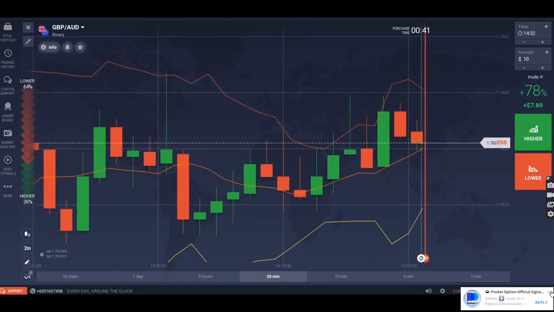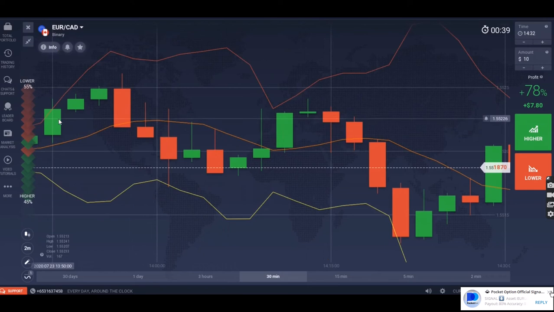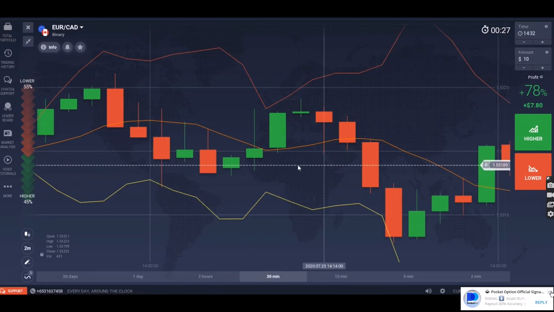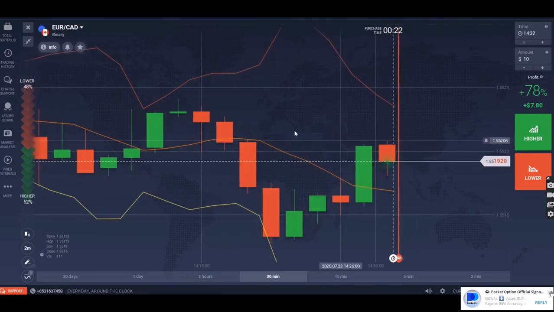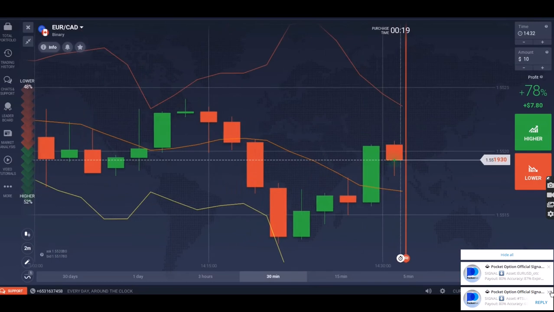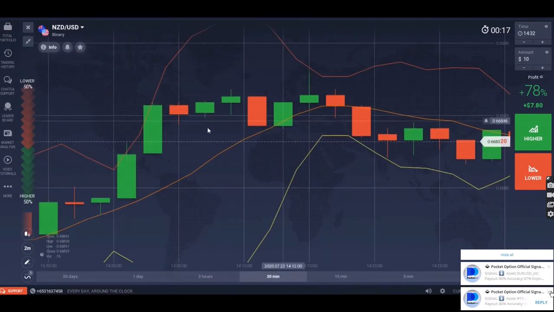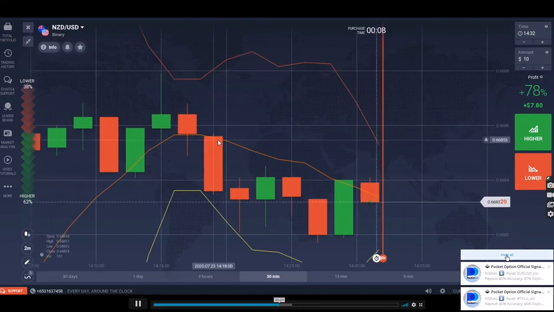Okay, let's calculate for the next one. We start at 2 p.m., which is here. There's a crossing here also, so same thing, top green, bottom red. This is where you'll enter your level 1. That's 4 winning trades already. And over here, one more, 5 winning trades. We move on to our third currency. At 2 p.m. we have here, starting from 2 p.m. This is level 2. Okay, 6 winning trades.